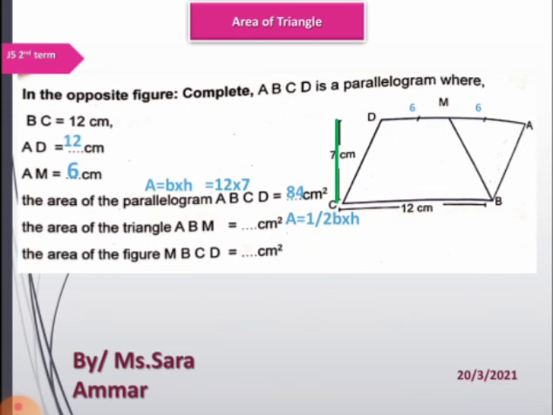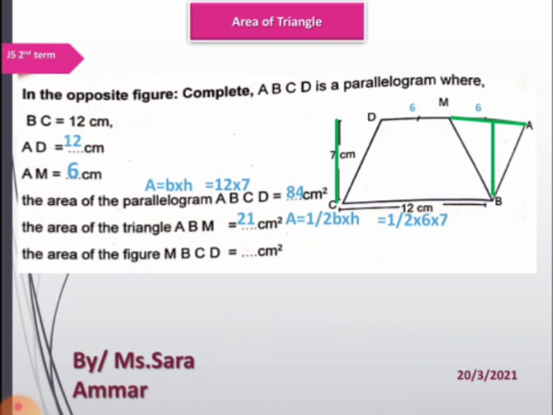طيب التريانجل ABM البيز الوحيدة اللي معروفة عندي اللي هي 6، كان المفروض ان الهايت ينزل من عند البي perpendicular للبيز AM، بس احنا we don't know the length of this height، بس obviously it's equal to the height outside which is 7, so we can find it by multiplying half the base which is 6 by 7 which is the height, so we'll get 21 centimeters squared. Now we need to find the area of the figure MBCD,